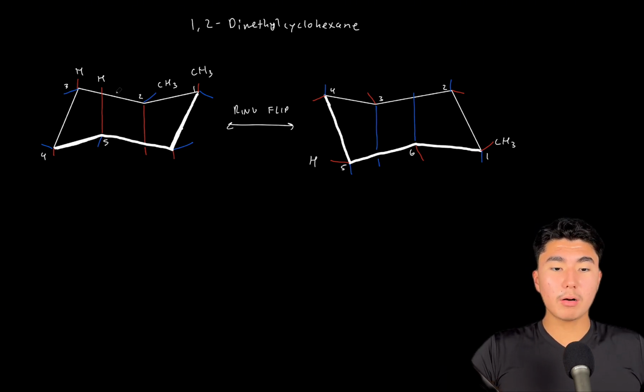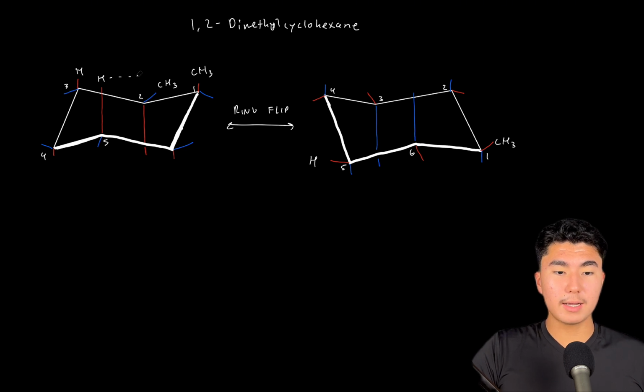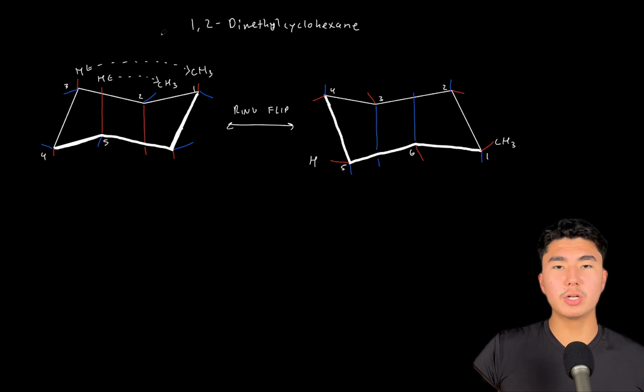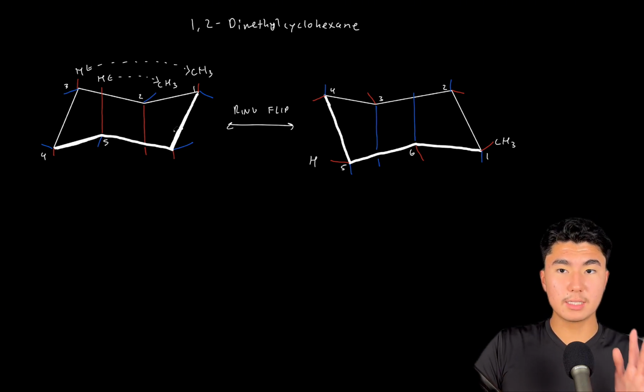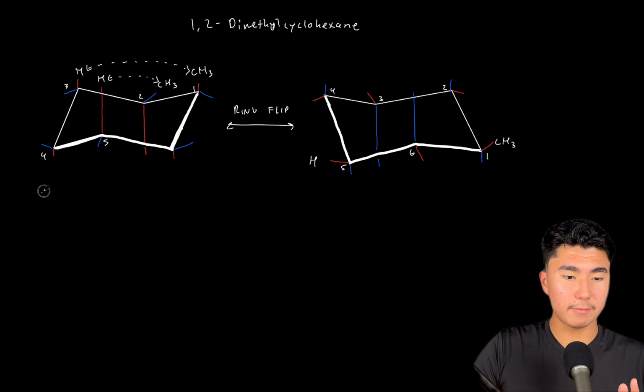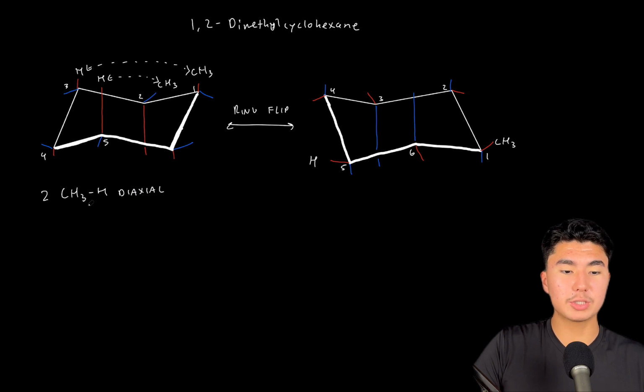So we are going to feel a diaxial interaction over here and over here. Remember, diaxial interactions are usually between a substituent and a hydrogen. It will be labeled, but for this example, we specifically have 2 of these CH3-H diaxial interactions. So we have 2 of these, and this is going to result in an energy of 7.6 kilojoules